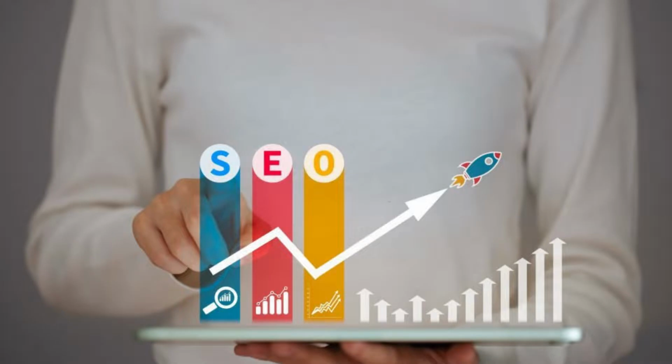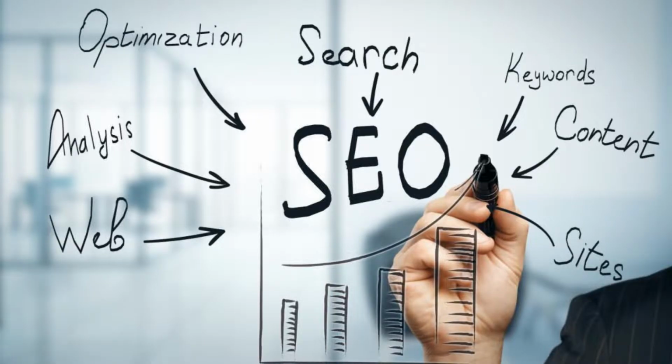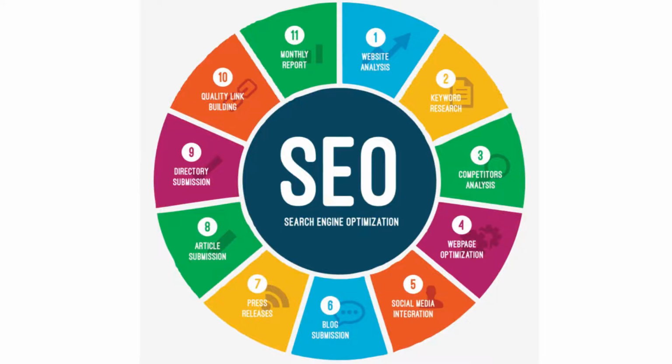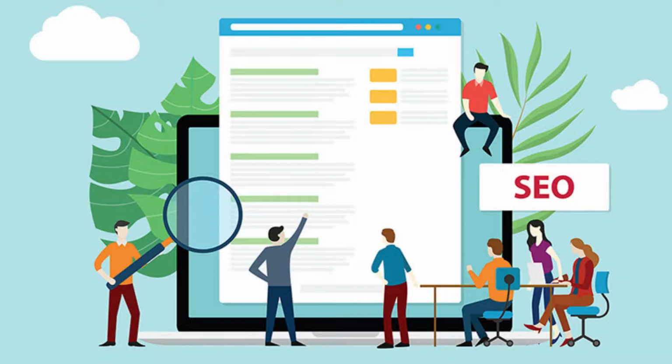In order to get traffic from search engines, you need to do SEO on a precise basis in everything you do on the website from beginning to end. To do this, you need to have a clear understanding of SEO and use methods that are compatible with the website you plan to create. Because there are so many ranking factors introduced in SEO, it may not be enough for you to do just a few of them easily. The important thing is to do everything you can and should do to get your website up in the rankings. We will talk about these methods in more detail in the upcoming videos.